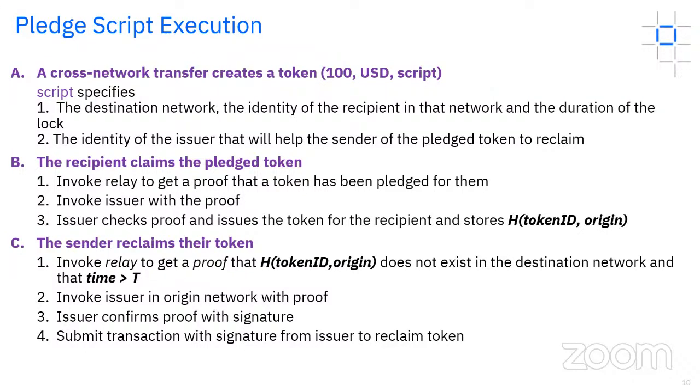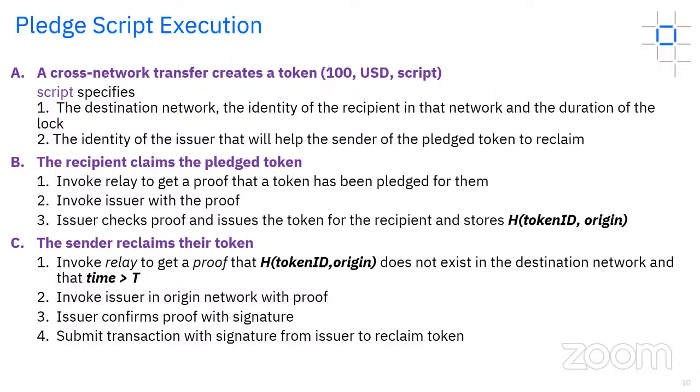And then as a result, the issuer would submit an issue transaction that would create the token for Bob, and then it will add this unique hash to the ledger to make sure that Bob cannot double spend. Now, if Bob doesn't claim, what Alice can do is invoke the relay again, but this time